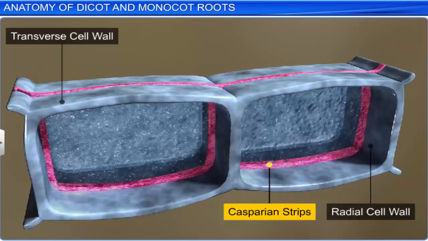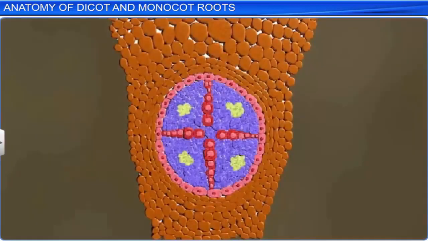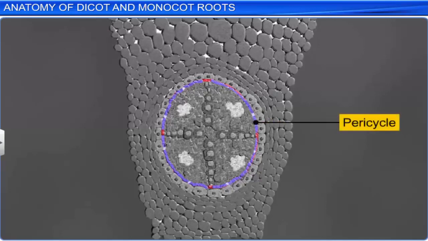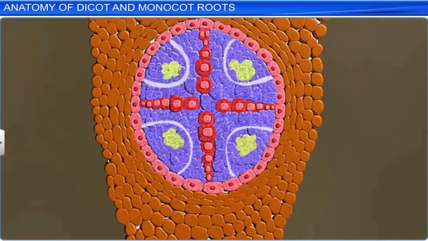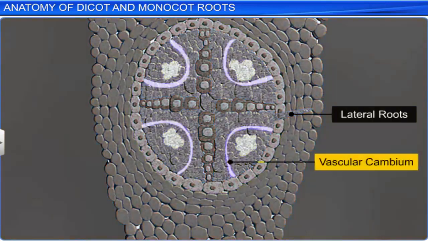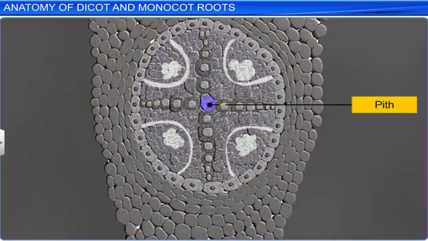Going back to the transverse section of the dicot root, after the endodermis, a few layers of thick-walled parenchymatous cells are present in the tissue. This is known as the pericycle. Secondary growth, such as initiation of lateral roots and vascular cambium, takes place in the cells of the pericycle. Notice that the pith in the tissue of the dicot root is extremely small and undeveloped. Typically, there are 2 to 4 xylem and phloem patches in a